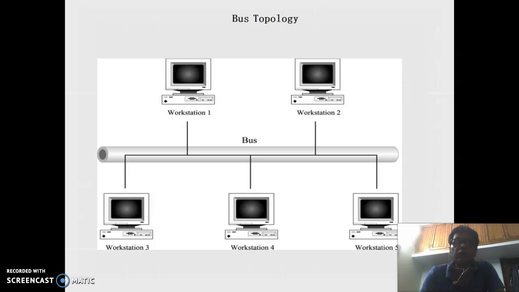And in this bus topology, if suppose your workstation 1 disconnects, the other stations will work. But if there is a disconnection in the Ethernet, there will be a problem. For example, suppose after workstation 3 the Ethernet is disconnected, then it may not work. So this is one type of bus topology we are using in our network.